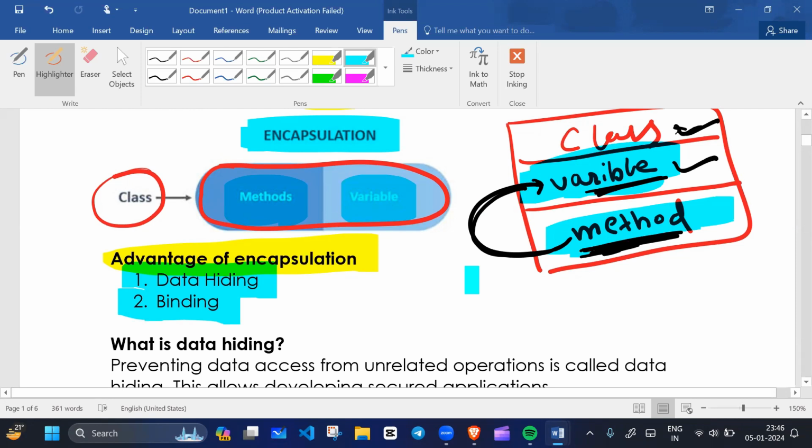Data hiding means other classes or other functions cannot access the data of a particular class. We are hiding data. And binding means we are binding that data with the relevant functions of the same class.